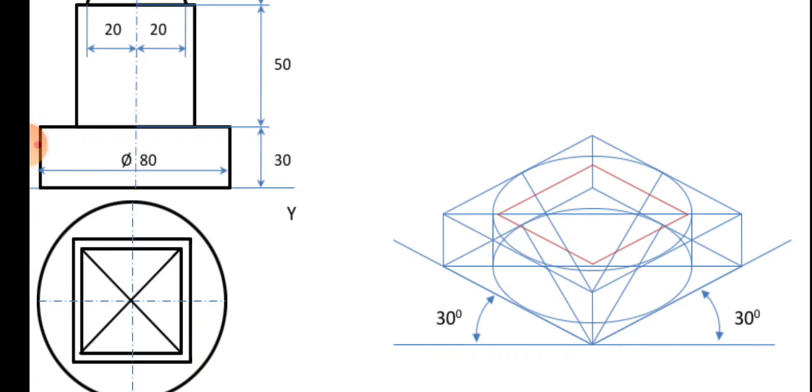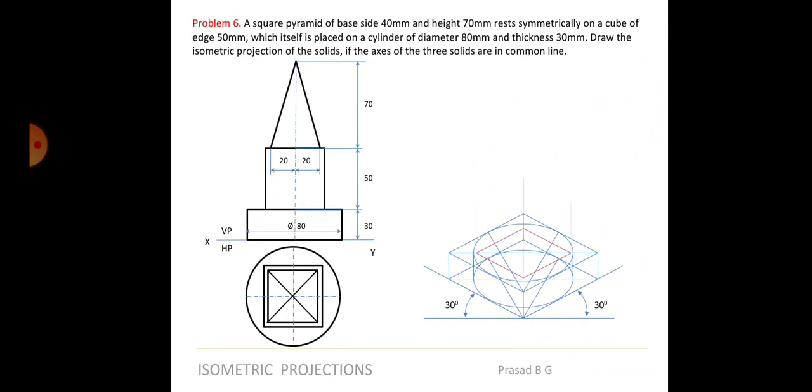Okay, since it is a cube, the height of that will also be 50. So what do we have to do? From here we will take ISO 50 height, ISO 50, ISO 50, ISO 50. So the top portion also you can draw. It's very simple to draw the cube, right? 50, 50, 50, 50 you will take on all the four sides. So you get the top first. So the cube is complete.